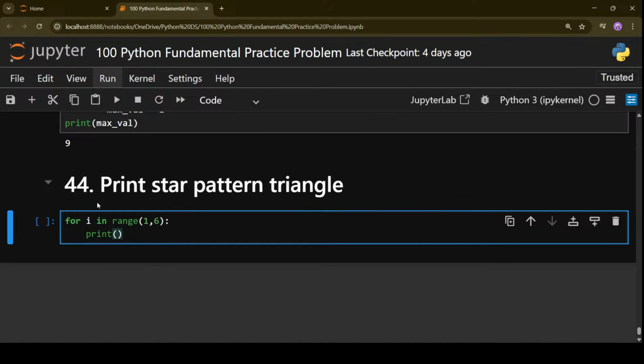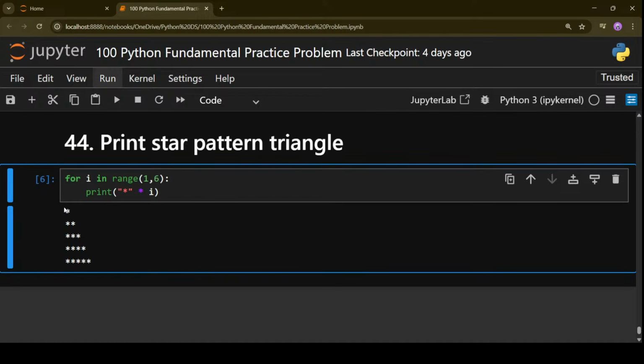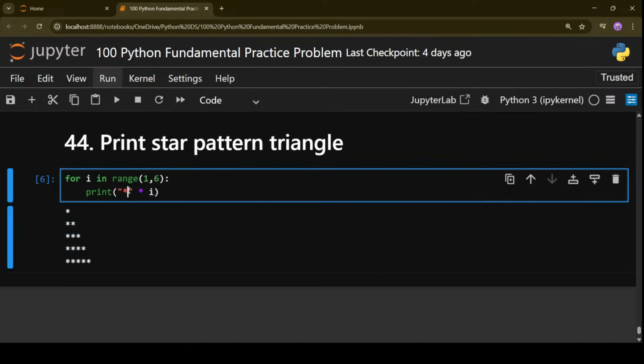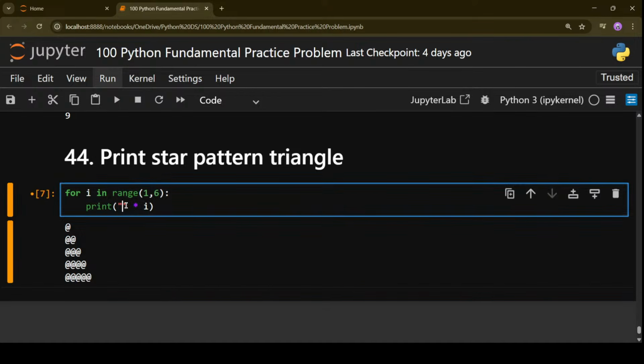If you want to make it very big, you can do that too. You can just increase the count of rows. If you don't want it that big, you can decrease the count of rows, and that's it. You'll get your triangle over here. And whatever character you use, you will get a triangle of that. Let's say if I use some other pattern, the at the rate symbol, I'll get the triangle of the at the rate symbol. So it's up to you.